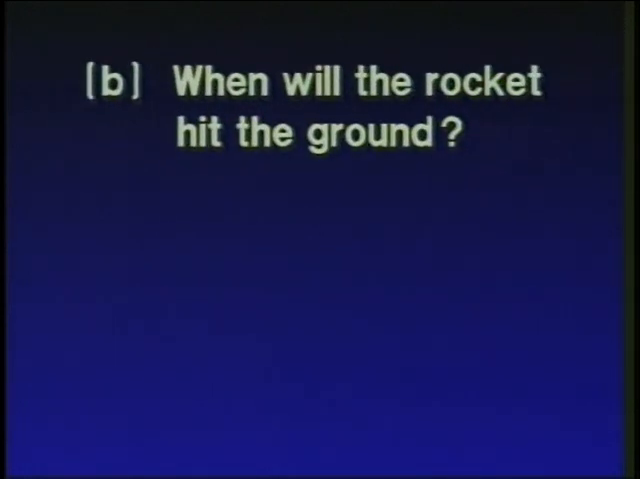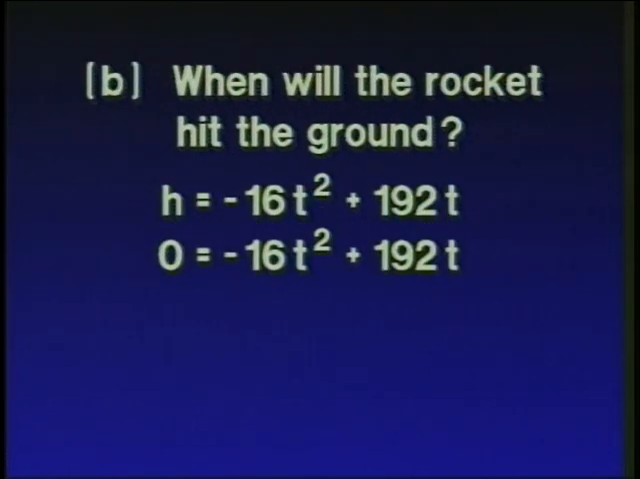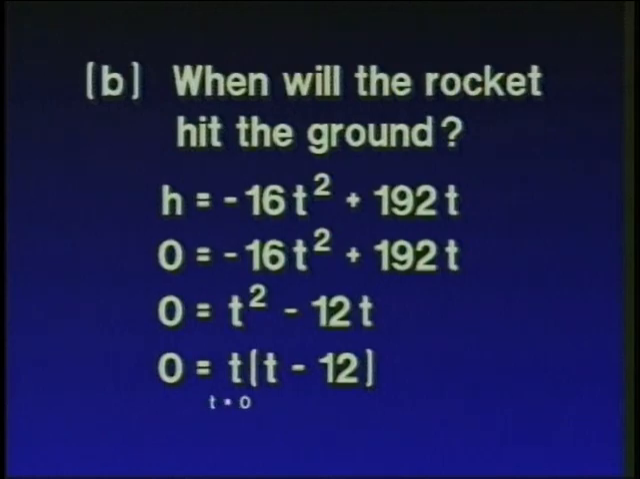Consider another part to this problem. When will the rocket hit the ground? Well, we go back to our basic equation, and we let h be 0. And we can do that because the height is 0 when the rocket is on the ground. Now, to solve our equation, we can solve by factoring, but another technique we can use here is to divide throughout by -16. Now, when we do that, the equation looks like this. Well, now we can take out the common factor t and find the values of t that cause